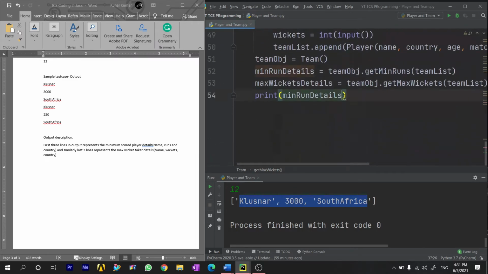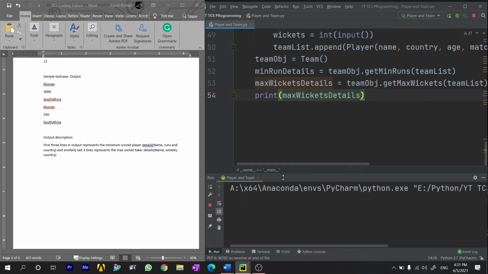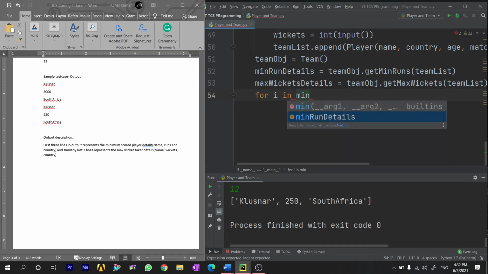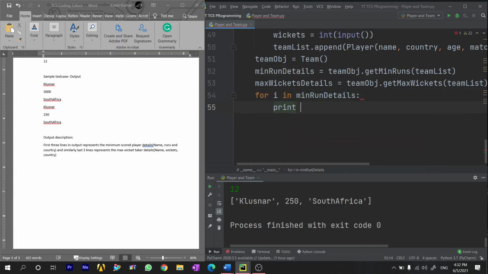So now let's check this also, max wicket details, if this is coming or not. Yes, so Kushnard 250 South Africa. Okay, so this is also working fine. So I think we are good to go. Now we just need to output everything in separate lines. For that, we will take the help of loops. So for i in min run details, print i.